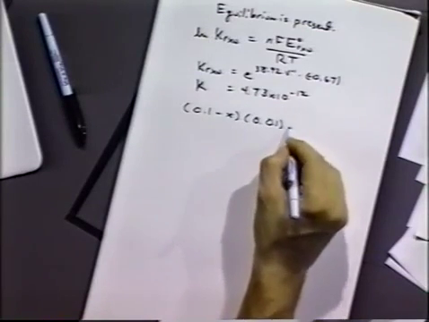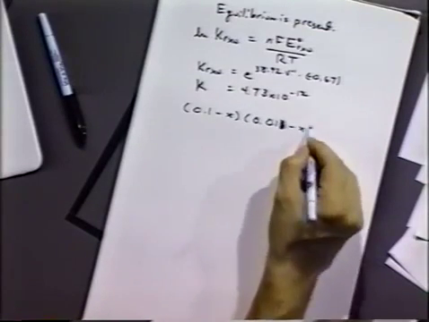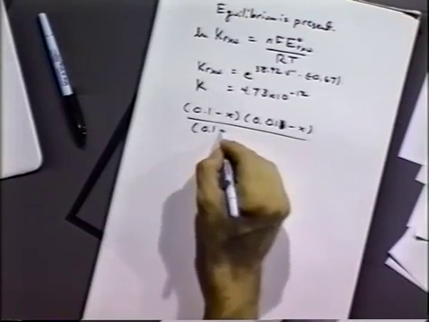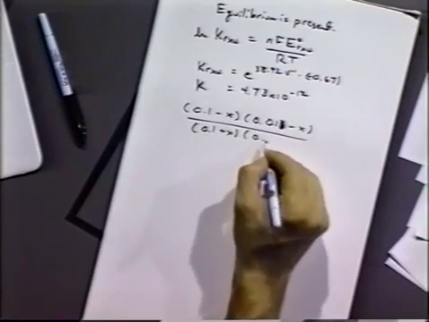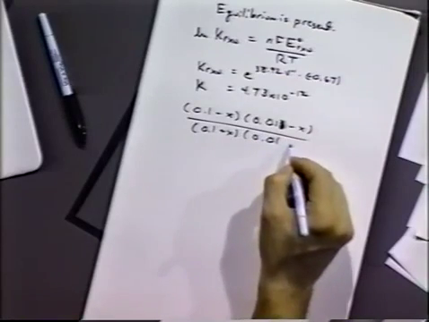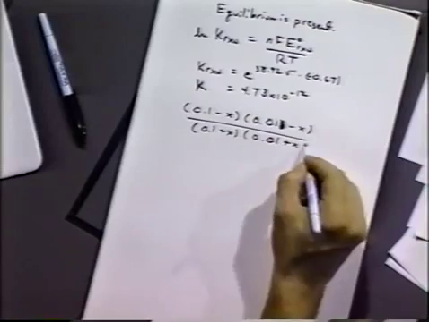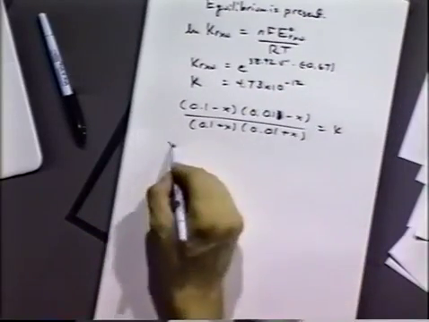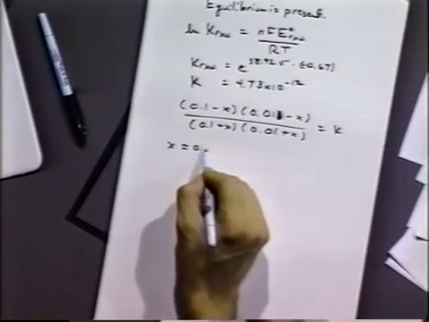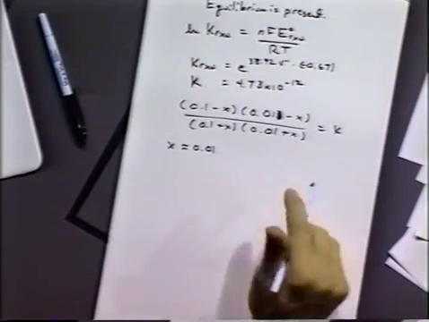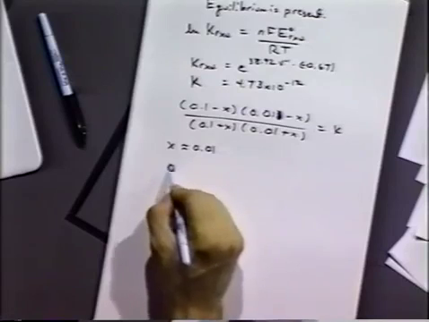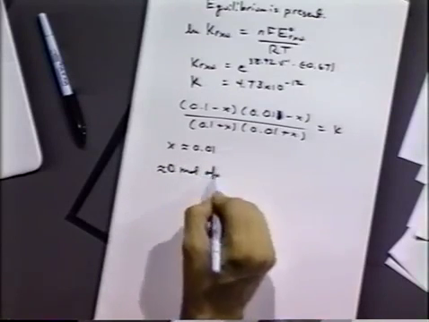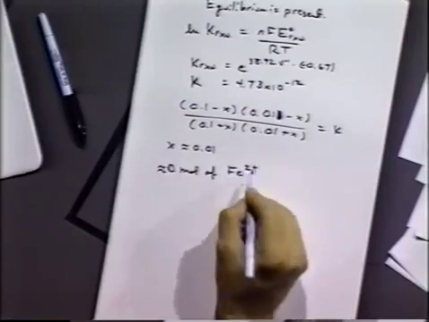iron and cerium concentrations will change by some value x, and they will decrease on one side of the arrow and increase on the other side of the arrow. And x can either be positive or negative at the end. You just solve for x, and we find that x is approximately equal to 0.01. That means, according to our system, that we've got approximately 0 moles of iron 2+ at the end,